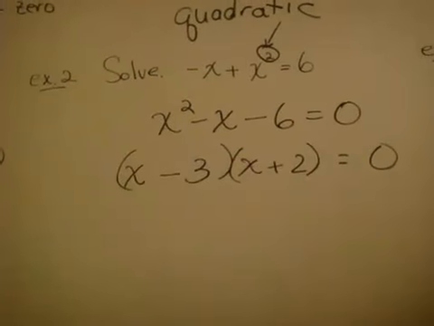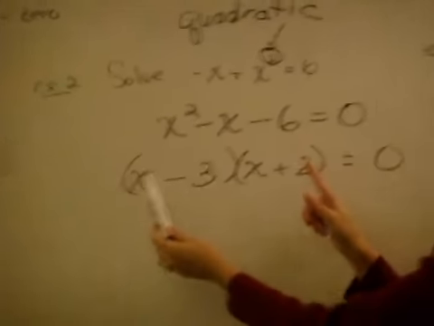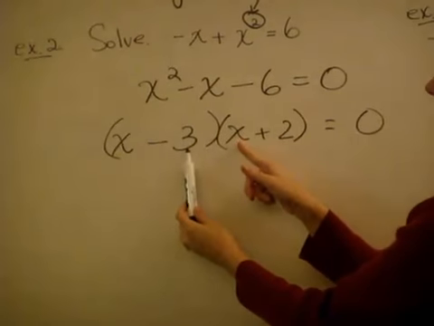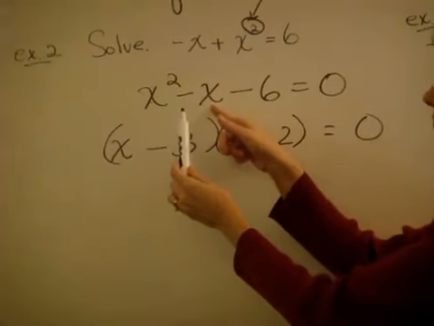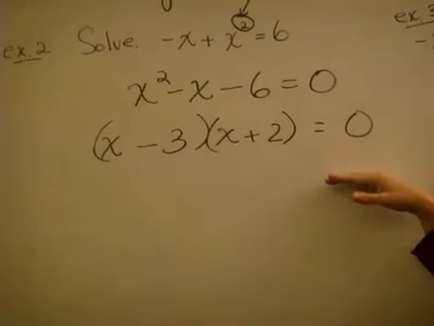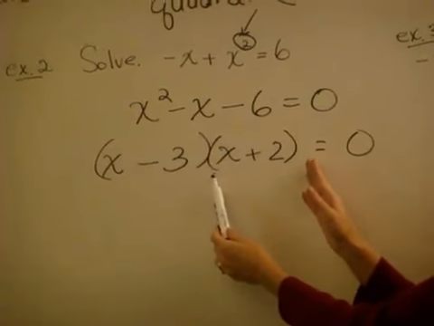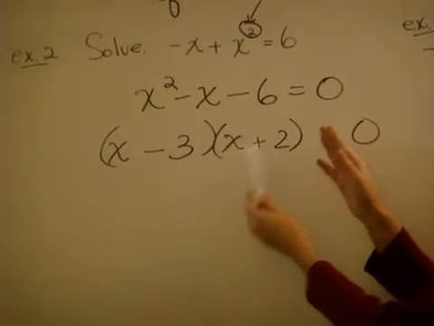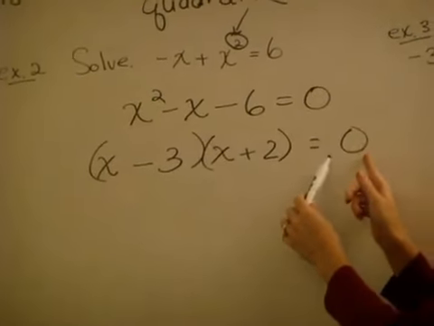Always check your outer and inner to make sure you get the middle term. So that would be 2x minus 3x is minus 1x. So what I just set up is two factors, and when they're multiplied together, they equal 0. So what that means